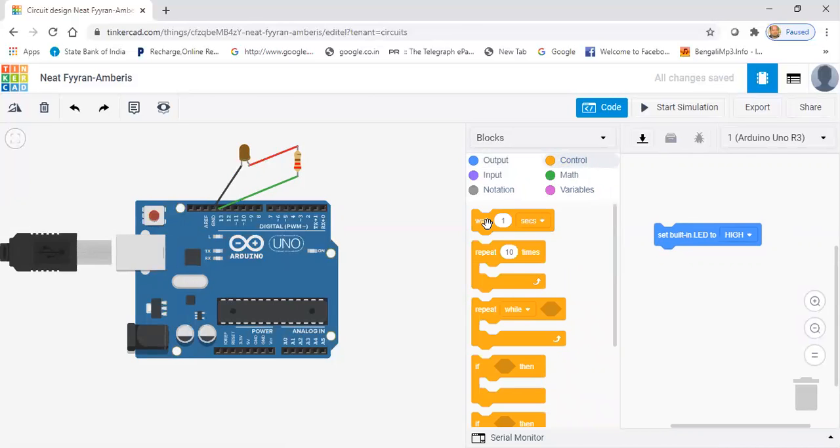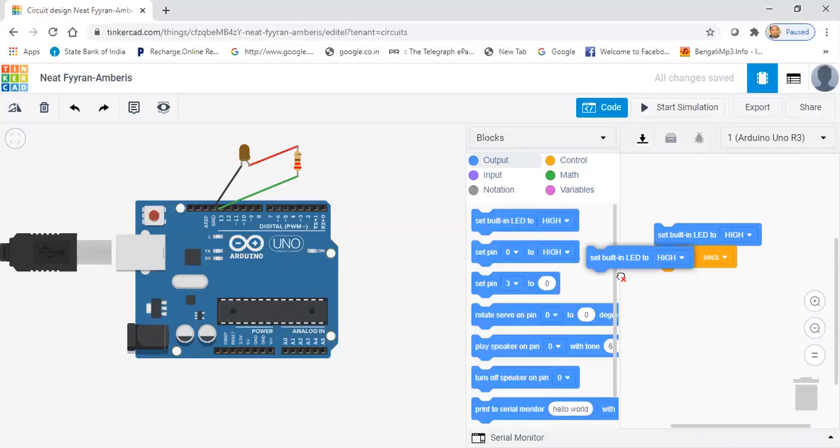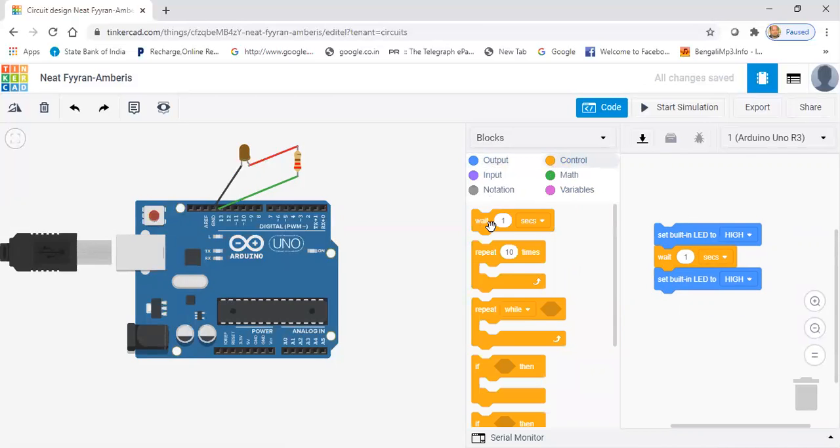So then wait block, we are dragging this wait block at this field. Then again go to the output, then again set built-in LED block here, drag, and then control again, and then dragging the wait block to this. So this is the program. So high, 1 second delay, then it should be low. So we are changing this value low, and then 1 second delay. So this is the program.